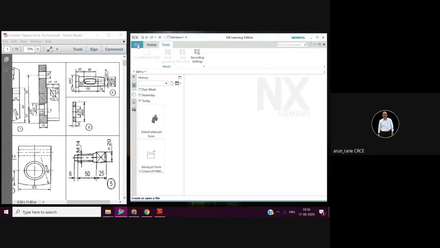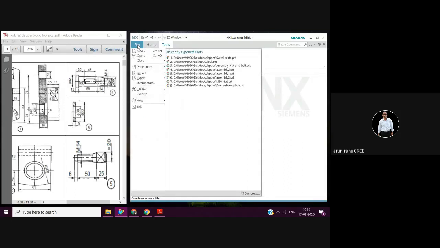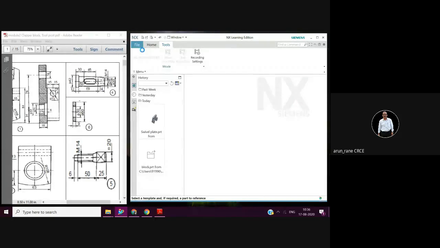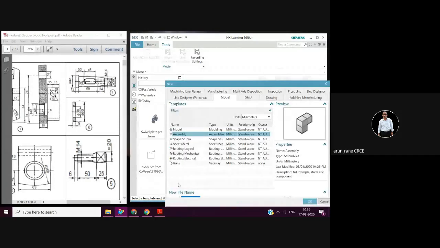And then you have Tools. So slowly you will see. All right. So in File you say New, if you are doing it the first time. Now this is the capability of your software, even though it is the student edition. You will get all this. You'll get Model. In Model you can do the drafting. You can draw your component. That is what Model means. All these parts can be drawn in Model. For that you have to select Model.